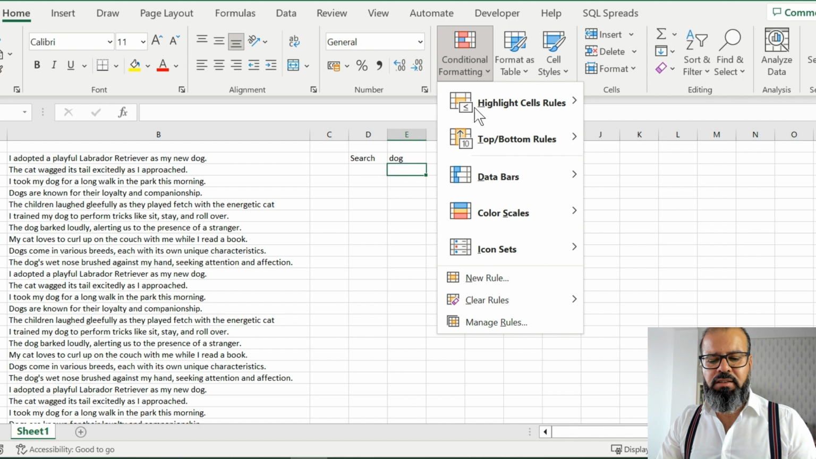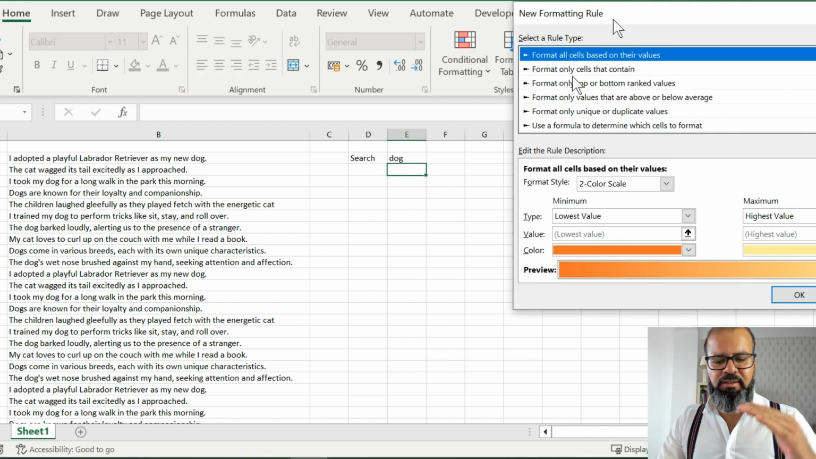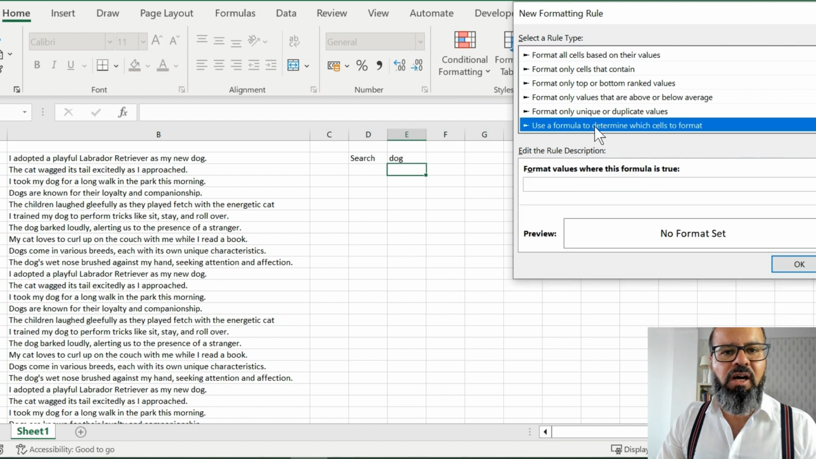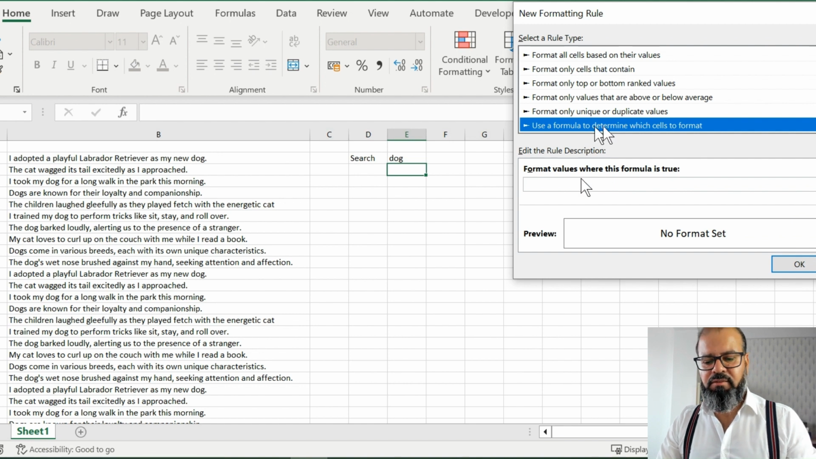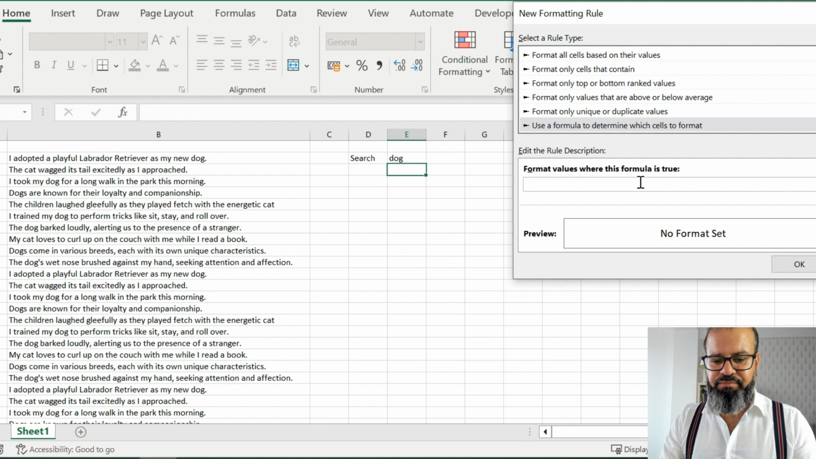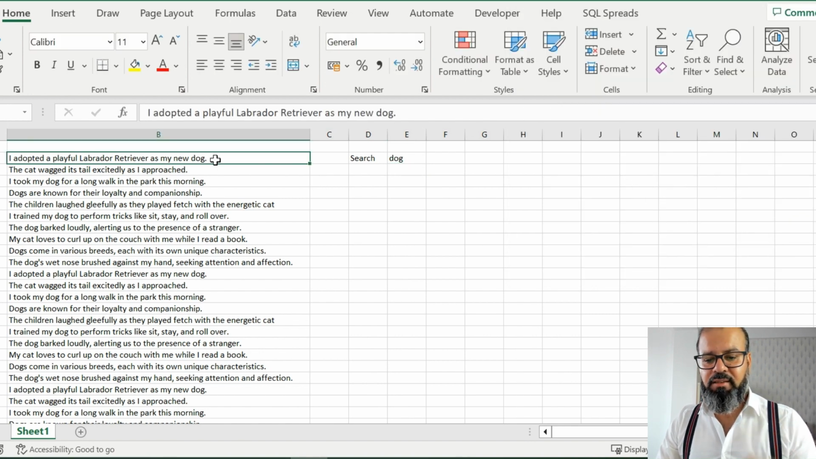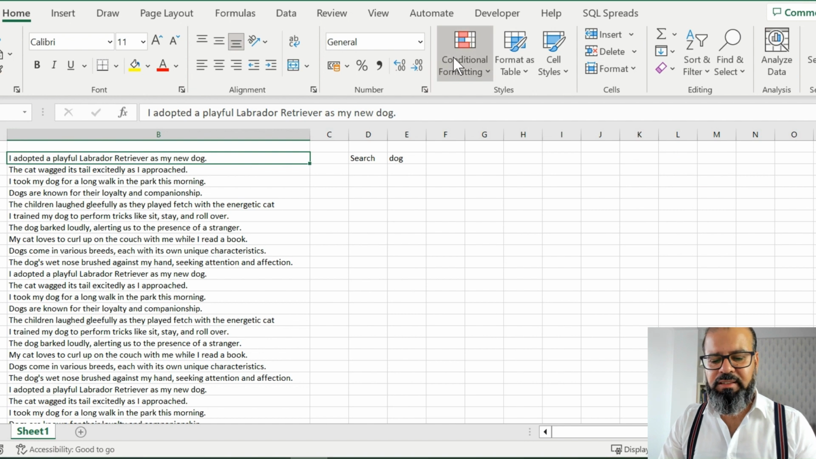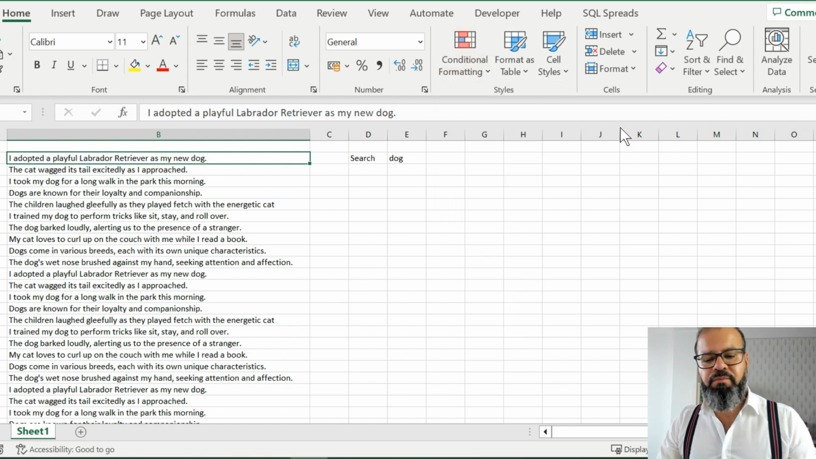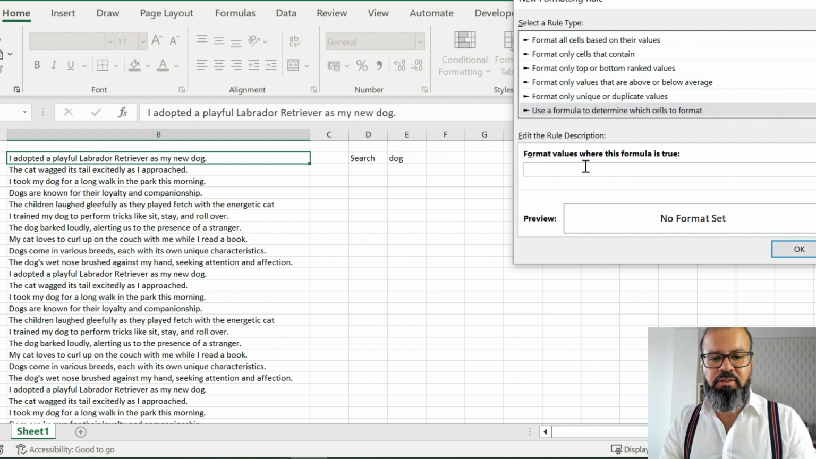Very simple. Let's go and click on the new rule. In the new rule, you just need to go down to the very end, and you find this, use a formula to determine which cells to format. Now, I'm going to write a formula here, and the formula is going to be equal to, okay, I'm not going to write it here. First, I have to select the right cell where I need to apply this conditional formatting. Then I click on the new rule and do the same, select the last one, and equal to